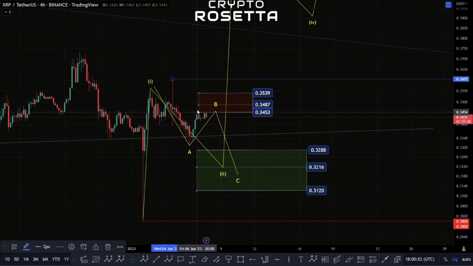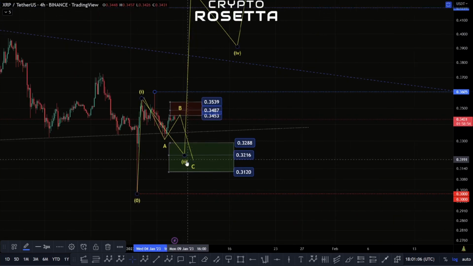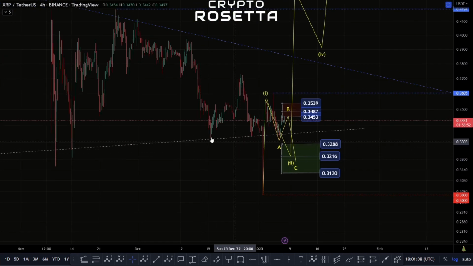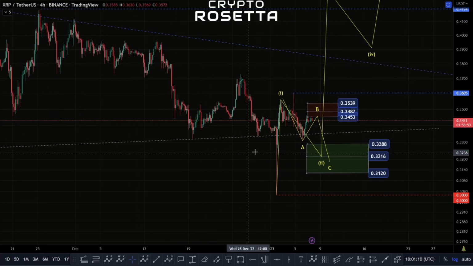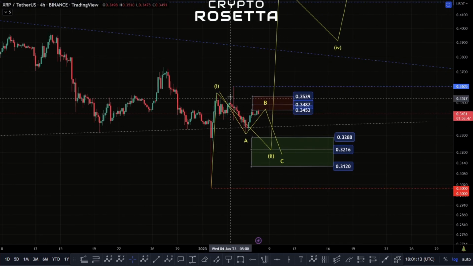But it's possible this could just be an A. We look to break down for a B and then push back up for a C. But if we do start to break down back into this support zone here, it's possible that we could look for this move to the upside. Though we would have to be careful because we would have lost that trend line again, and we'd have to just be careful that we don't break through this, so we don't